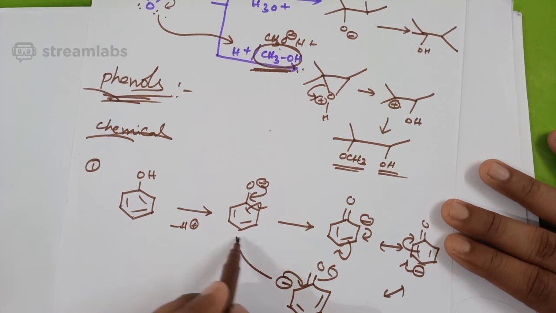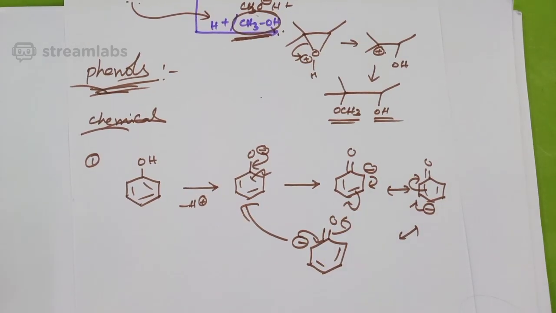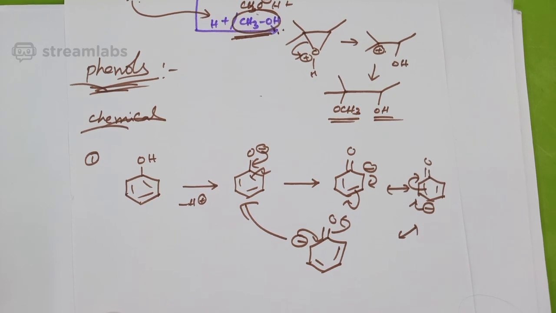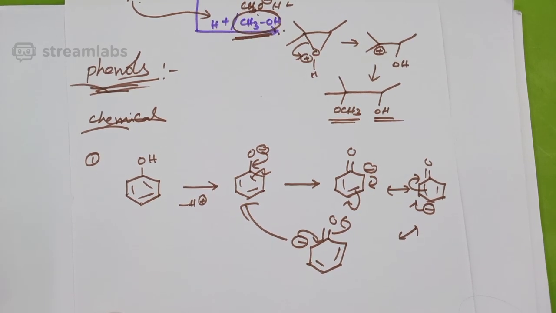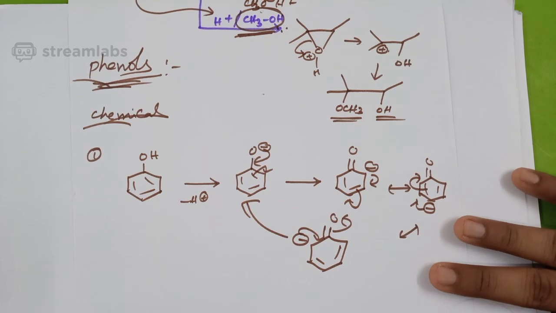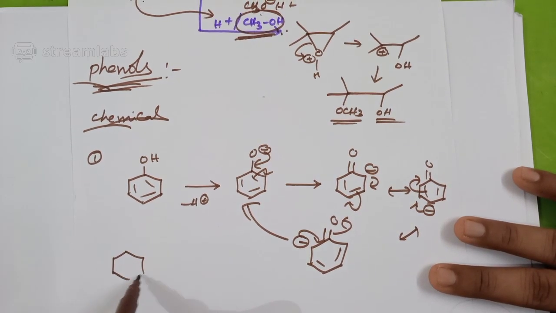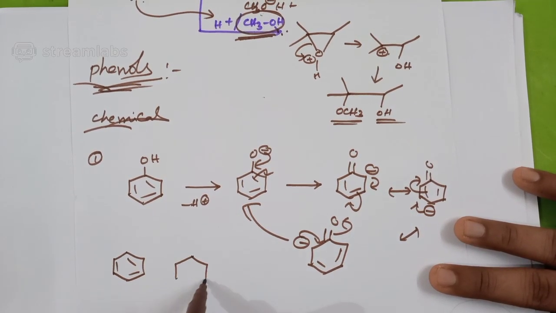Right, and finally it is phenoxide. Negative charge is formed at the ortho and para positions, hence we can say this is ortho-para directing. That means the electrophile always attacks at ortho and para. If I use benzene and the phenoxide ion,